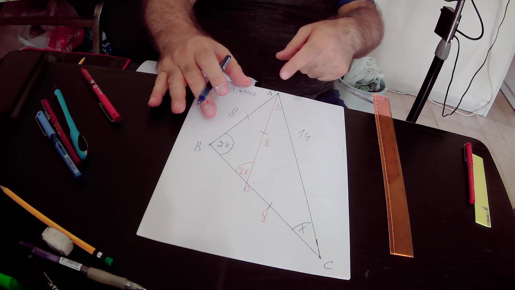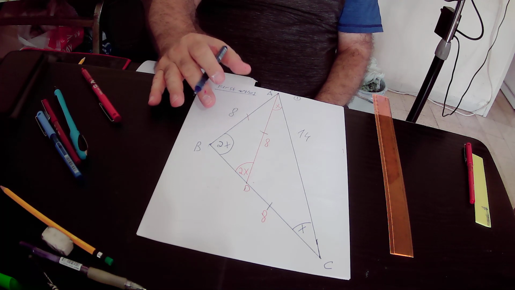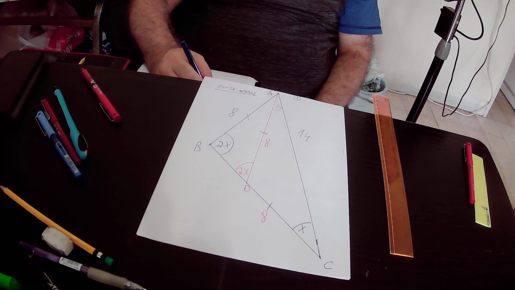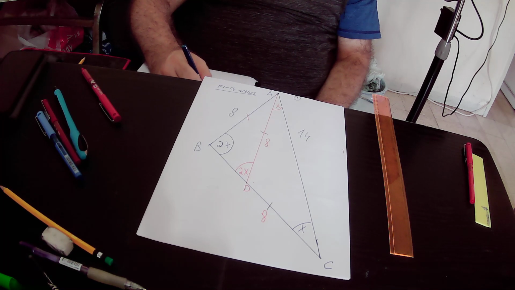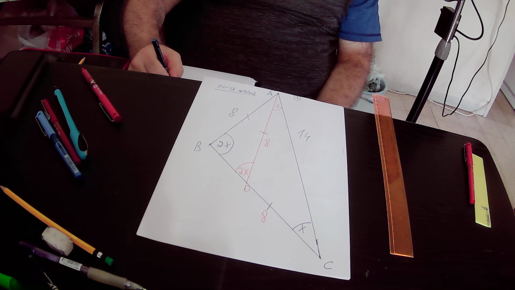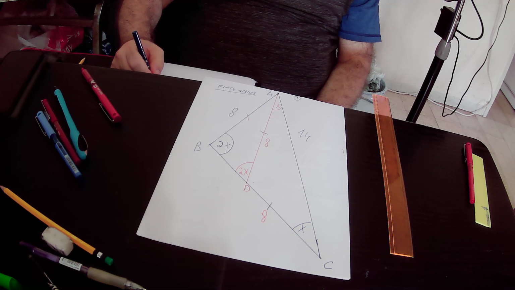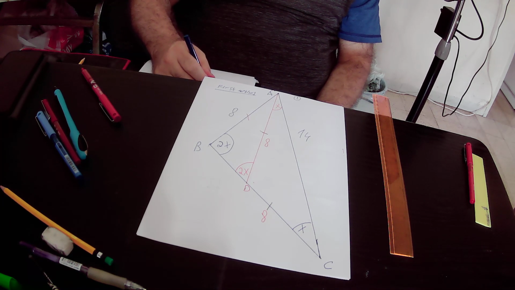Both those two sides are equal to 8 units in size. So in the isosceles triangle ABD,